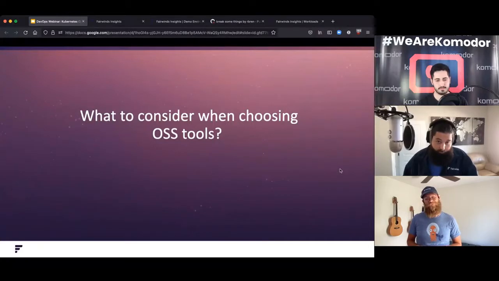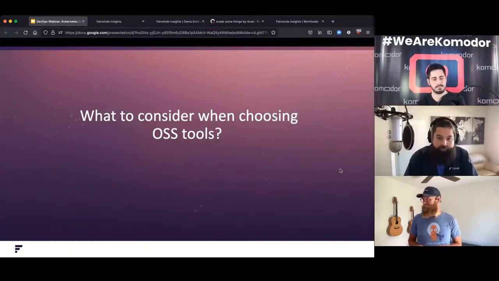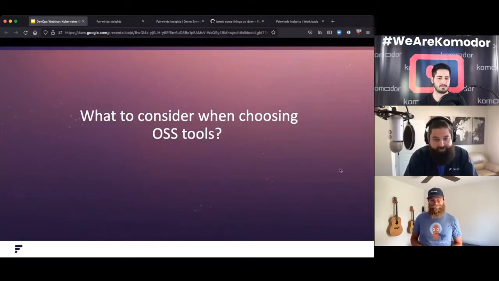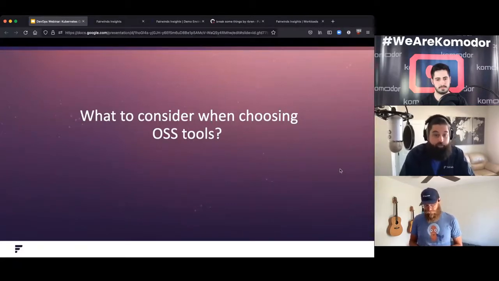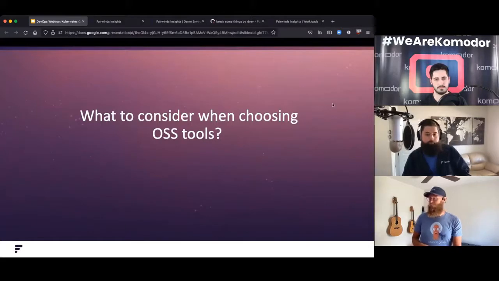I think one thing that we haven't talked about yet too is licensing. Licensing's super important. It's not a hot, flashy, fun topic, but not all open source licenses are created equal, and a lot of open source licenses can be rather detrimental, especially if you're trying to incorporate it into a SaaS offering or something like that. It can get you into definite issues down the road if you're not paying attention to that. So filtering out anything that's GPL licensed, if you're planning to use it in your software offering, be careful there. Yeah, it can get you in trouble in a hot hurry.